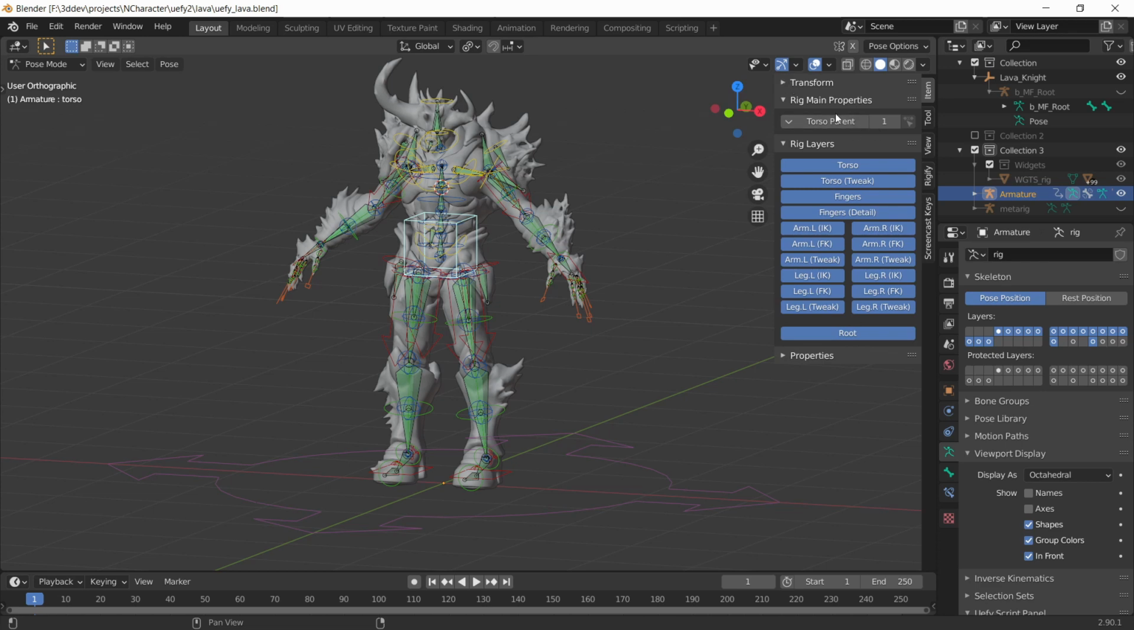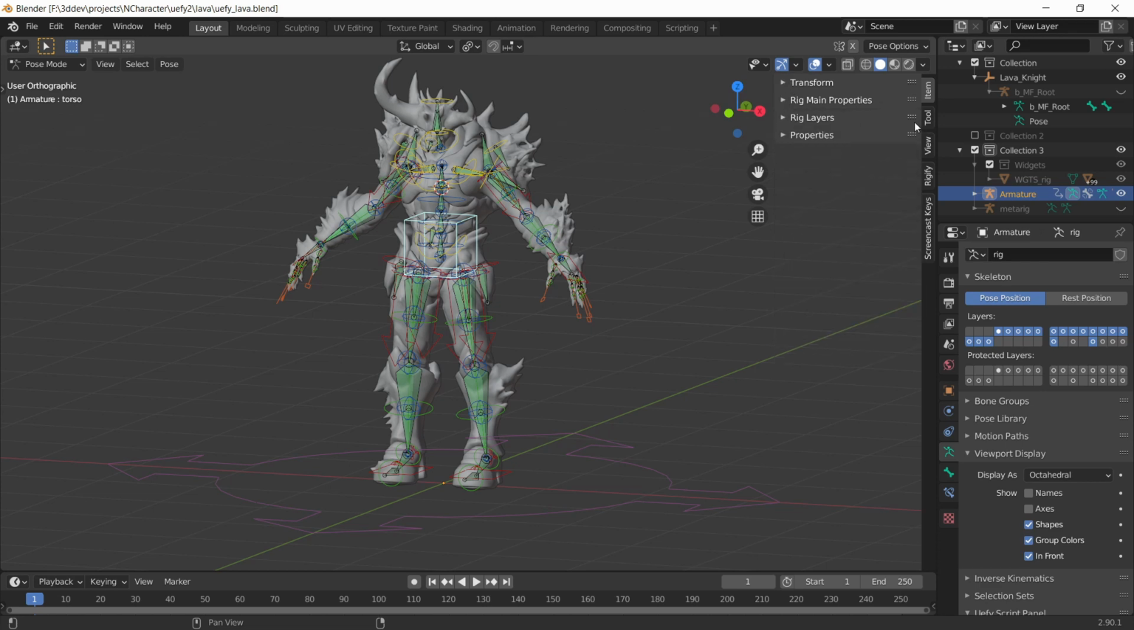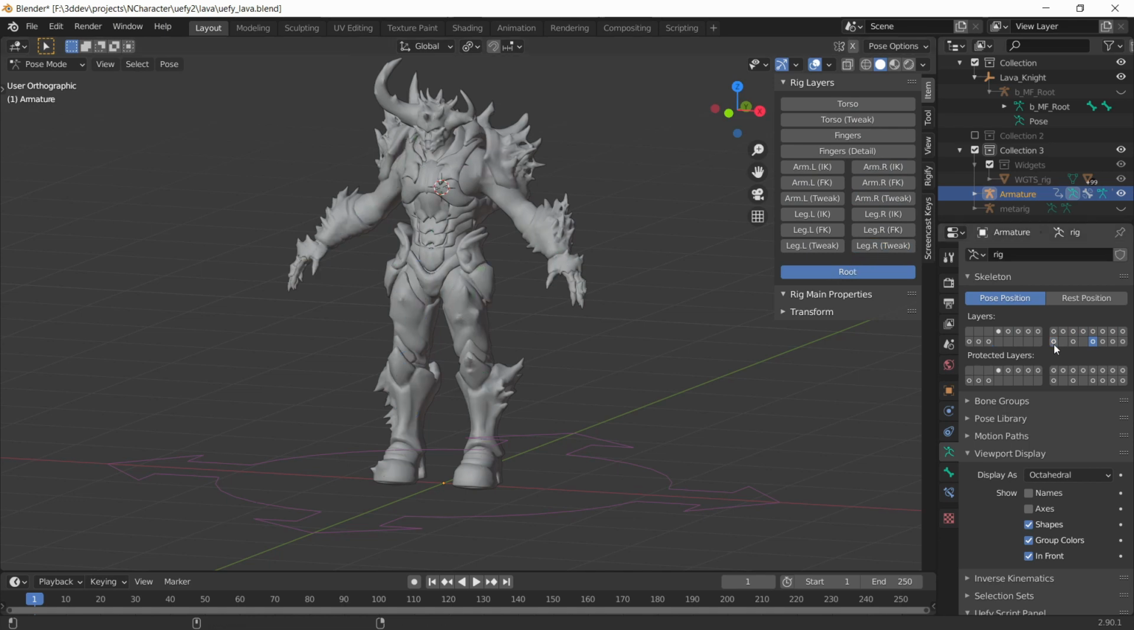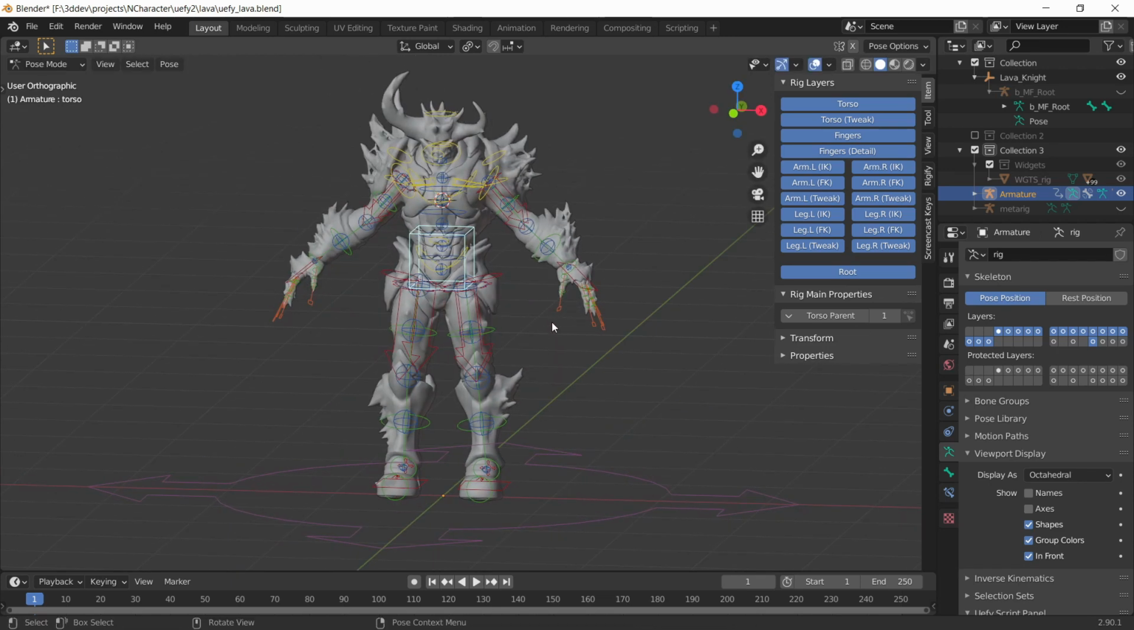Now we can turn off the transform, turn this off, turn this off. So rig layers to the top, rig main properties right underneath, and open these two. And I'm just going to keep root open here, and then I'm going to deselect this. So now we have just the controls, and we can animate our character, make our animations, and when we are